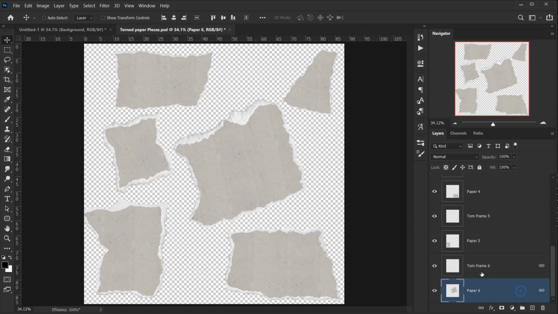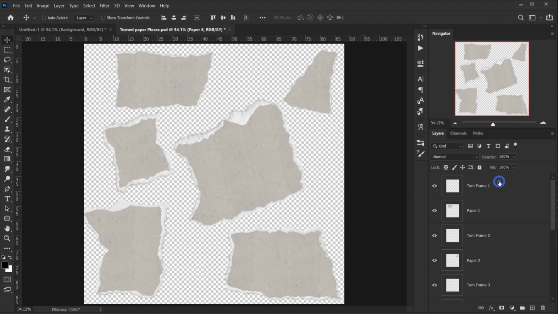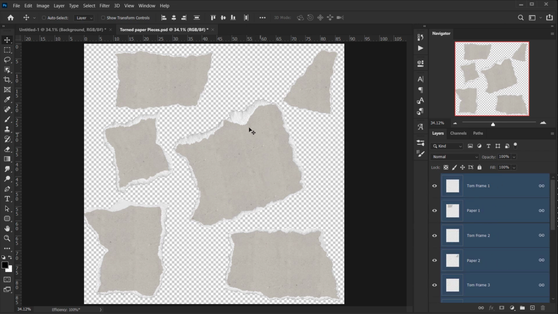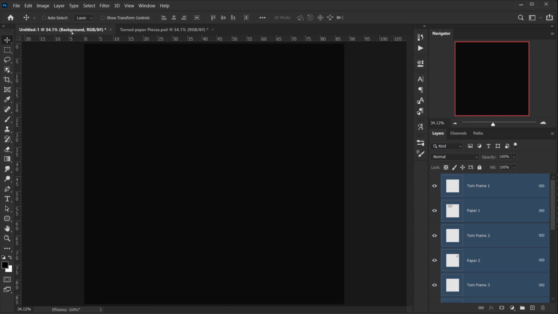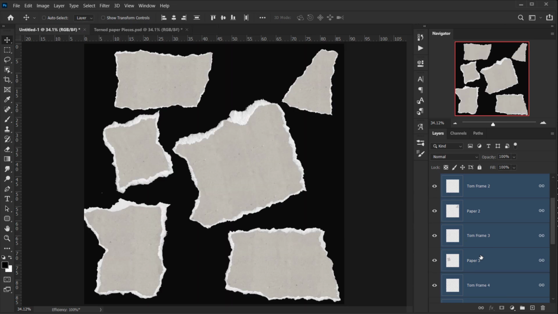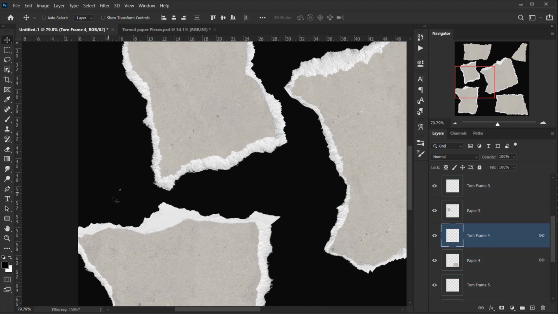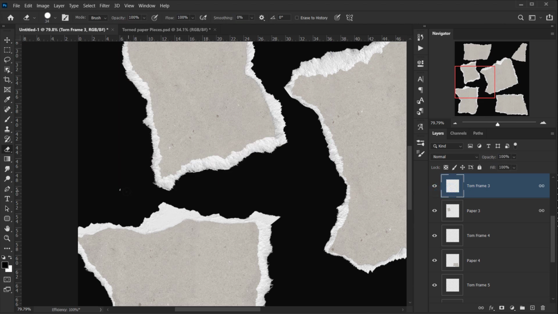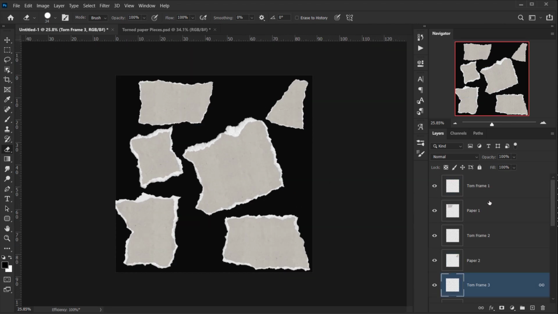All right. So let's select all of this frame with papers. I will make sure to select torn frame first, and then I will go down, and by pressing and holding Shift, you can see I can select everything. Now I will move it to the other tab, just like that. And I can see a white dot in here. I don't know which one this is. Maybe it's this one. Yeah, so let's select it and erase it. All right, now we have all the frames.